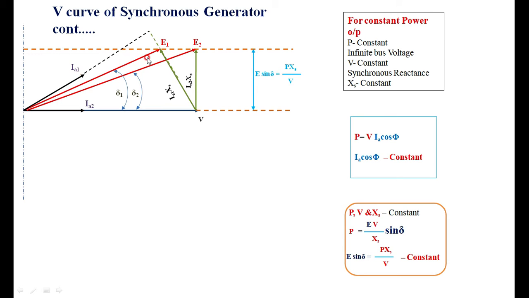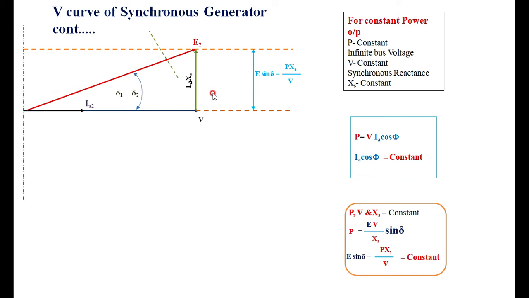So the one observation here is that when the excitation of the alternator is decreased from its normal excitation, the generated voltage decreases, and the current delivered to the load is leading in nature. Similarly,